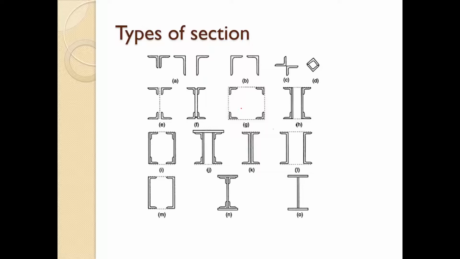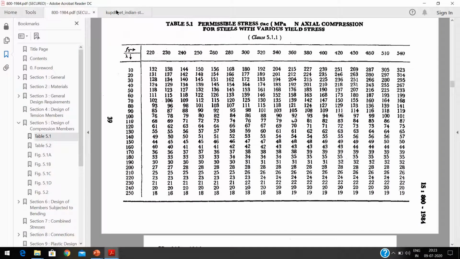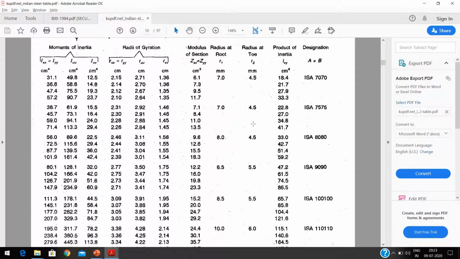Coming lecture means in the second section particularly, we have a separate chapter called column. This chapter, that is design of compression member, is limited to the struts. So in the coming lecture, in the second section, we are going to see all these column designs, and even how the connections can be made. Particularly I want to share something regarding this steel table.